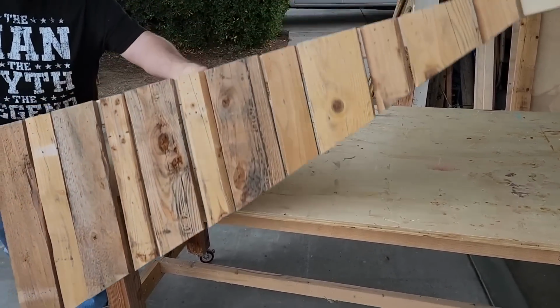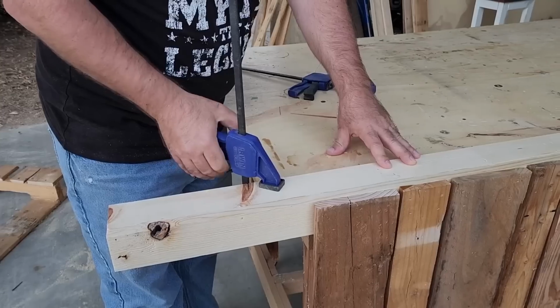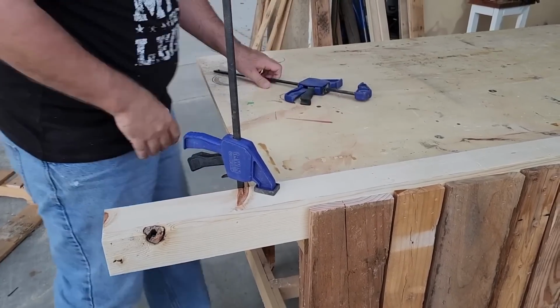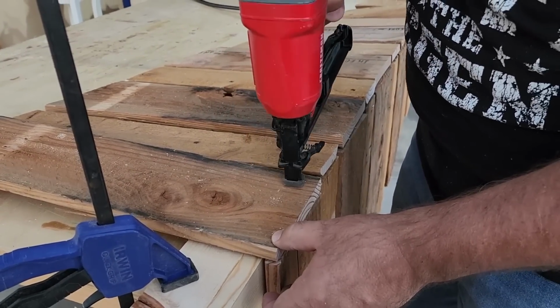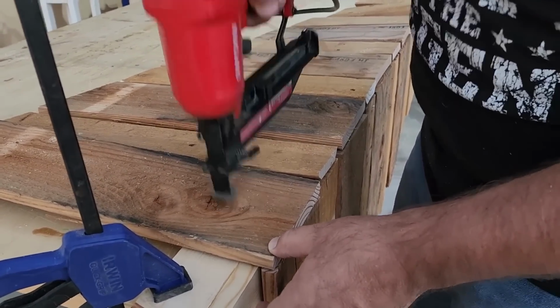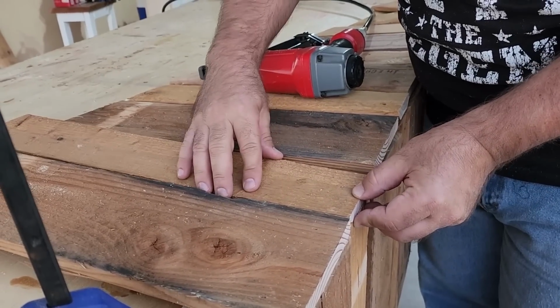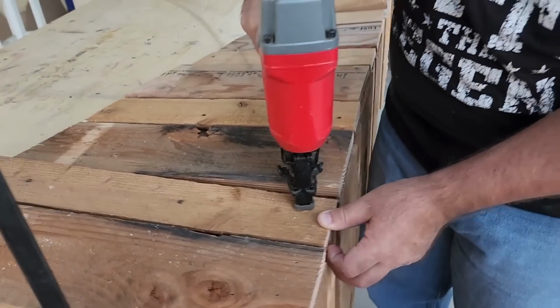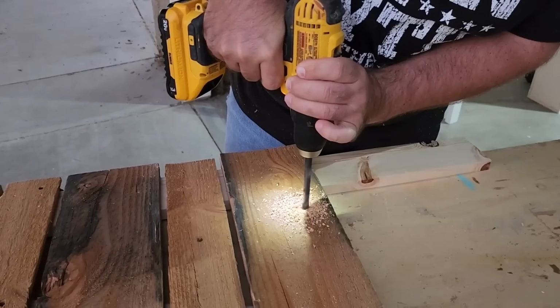Take that, it's really light because that pallet wood is not that heavy, and we're going to lay it across the table. Again, I'm going to use a clamp on this side just to hold it in place, and then we're going to line up the boards with the first set we put in. This goes much faster on the second row than the first row because the first row is like our template and holds it in place. Once we get these all brad nailed down, just like we did with the first ones,